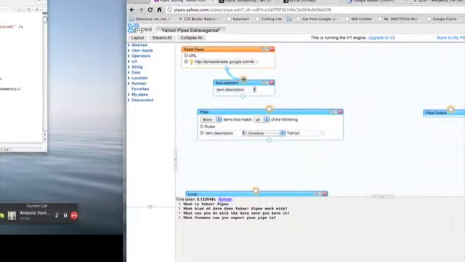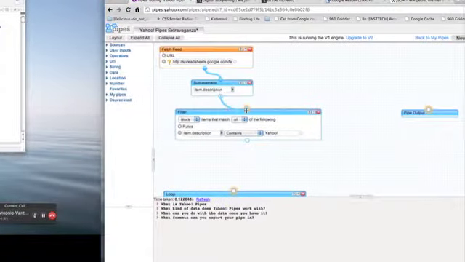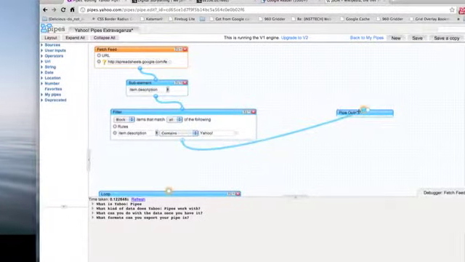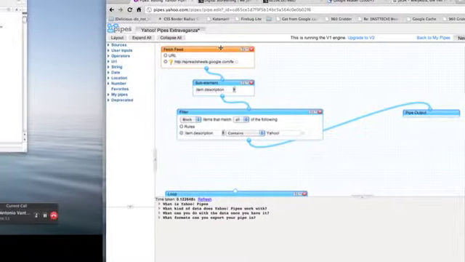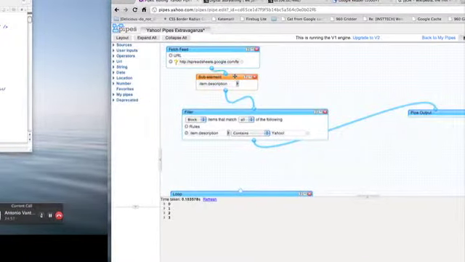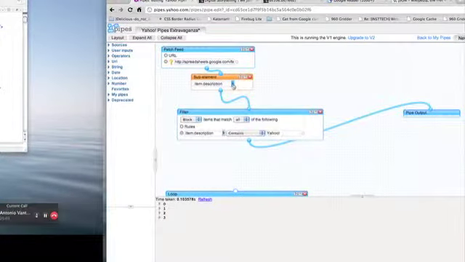I'm going to connect it to that sub-element, which I already showed you. I'm going to connect that sub-element to my filter, and then I'm going to connect my filter to my pipe output. So now what am I doing? I'm taking the items in my feed. I'm stripping them down to just the content of the feed by choosing a sub-element that I know contains that content,